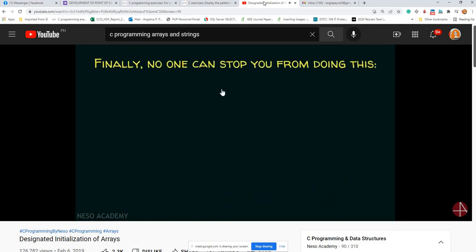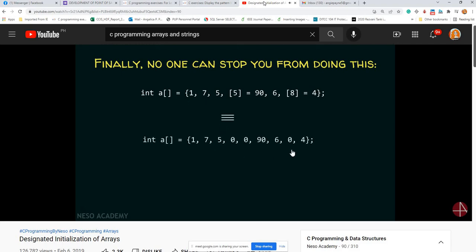Finally, no one can stop you from doing this. You can mix both the traditional way of initialization and designated initialization. You can mix both of them. We can say that this array is equivalent to this array. Obviously, at position 0, 1 will be placed, at position 1, 7 will be placed, at position 2, 5 will